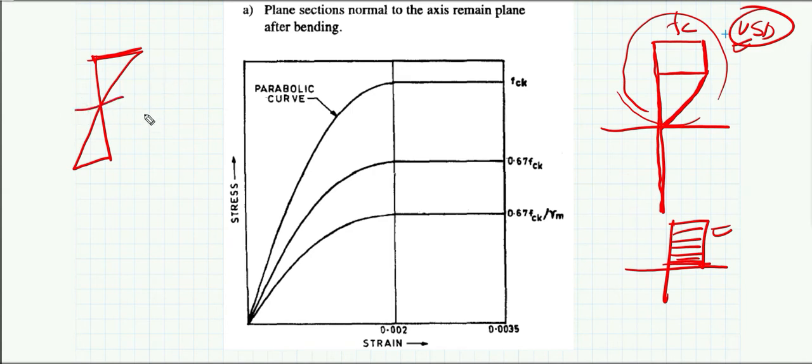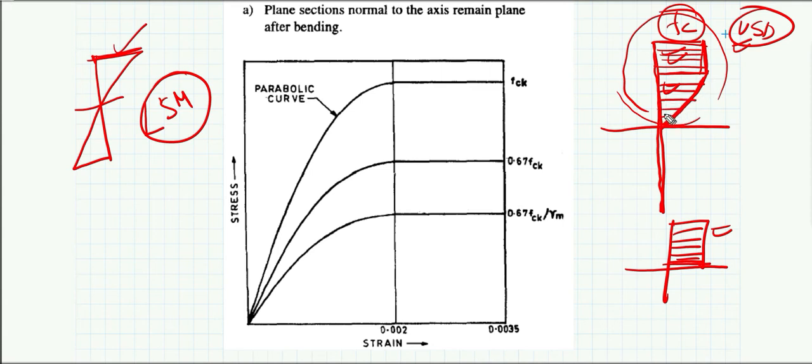But as we have already studied, the limit state method is in between the working stress and ultimate state methods, so we are considering this kind of stress diagram where up to a certain depth of the section all the fibers are experiencing the ultimate strength or the yield strength of the concrete, and the remaining fibers are experiencing stresses below the yield value of the concrete. Okay, now you can see this is the rectangular portion, which is the FCK value, the characteristic strength, and the remaining portion shows a parabolic distribution.